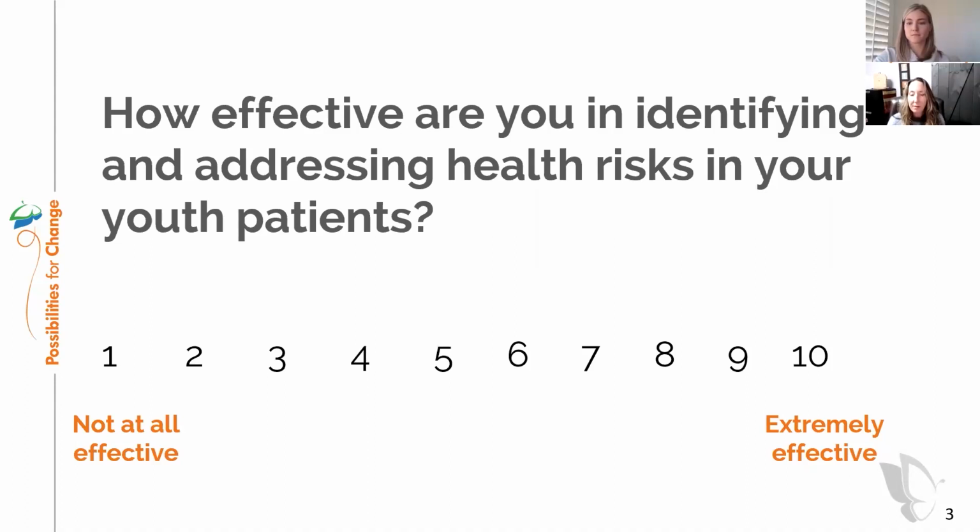So you can answer that on a scale of 1 not being at all effective, which we all have days like that, or 10 being extremely effective. Where do you feel like you are? So I'm going to share the results. You can take a look here where we fell as a group, which is pretty common. We clump into the middle, and then there's that bell curve. So wherever you place your number, think about that.